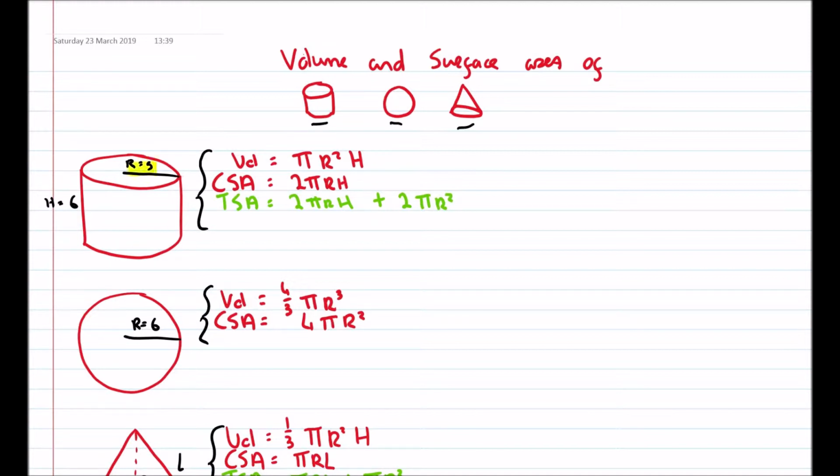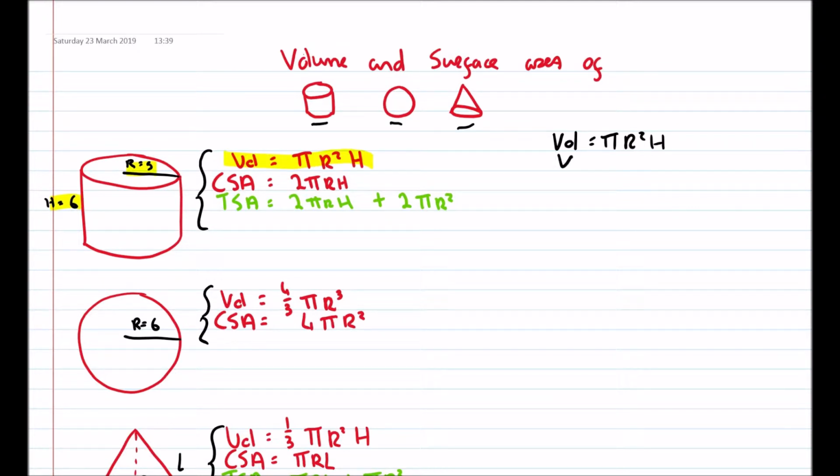Right, first thing I'm going to do is take the cylinder, and this cylinder has a radius of 5 and a height of 6, and the best thing for me to do is just do the question for you, to do a little bit of revision. Right, first of all I'm going to get the volume. So the very first thing I would do to find the volume of a cylinder is write down the formula. So the formula is volume equals pi r squared h,